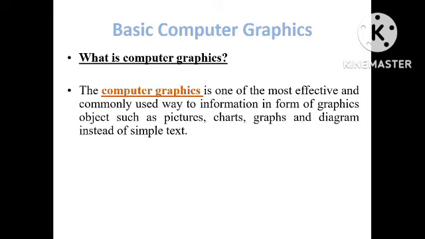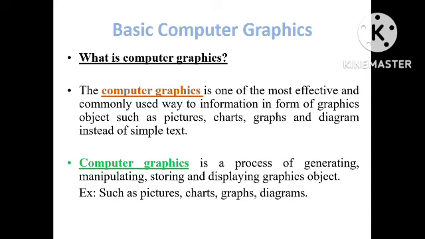Here, we can also represent any simple text, and if we replace that simple text with charts or graphs or images, we can easily understand it. The text formations will be known as image formations. So the next topic: computer graphics is a process of generating, manipulating, storing